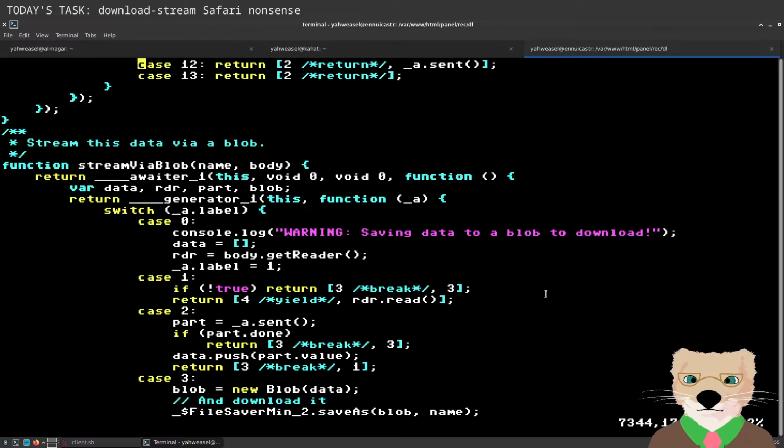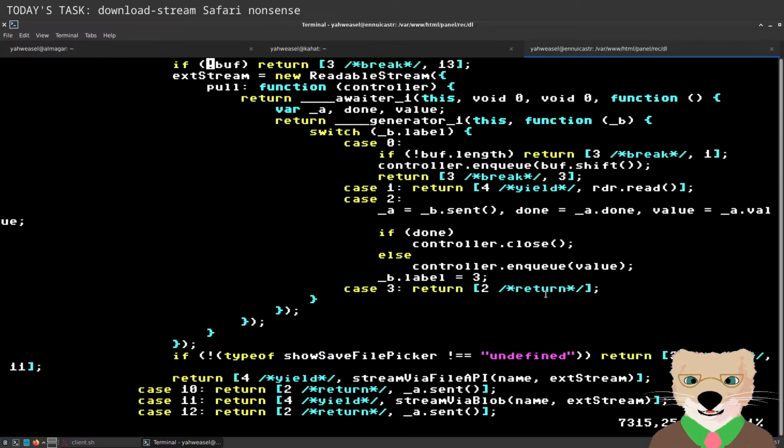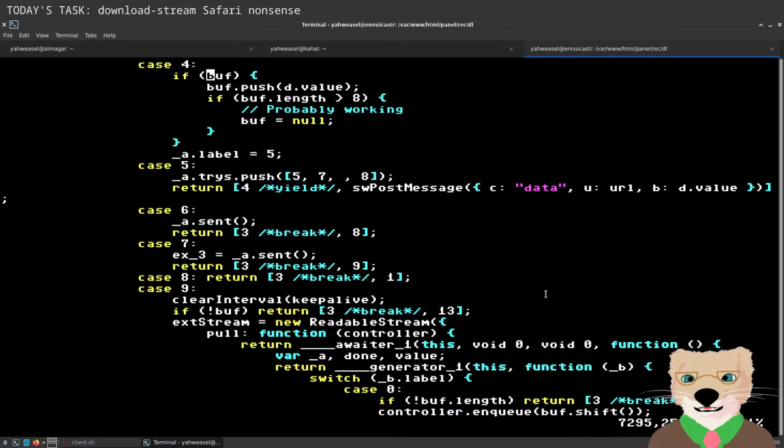Oh, okay. The code I was getting confused about was the readable stream at the bottom, that's only if it fails, so